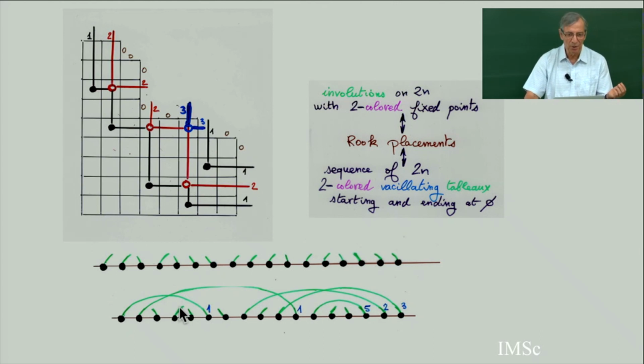These arcs which are open are going to be the fixed points of the involution, but there are two kinds of fixed point. It can be going to the right or going to the left. So this is an oscillating tableau, but sometimes you rest. People call this sometimes a vacillating tableau, hesitating tableau, stammering tableau. So there are different kinds of tableaux. It is an oscillating tableau, and sometimes you just make a pause. You don't do anything. But in this bijection, when you don't do anything, there are two different ways to not do anything: when you have a north-east step labeled 0 or a south step labeled 0, which correspond to two different kinds of fixed point in your involution.